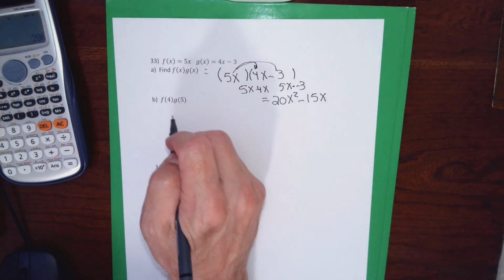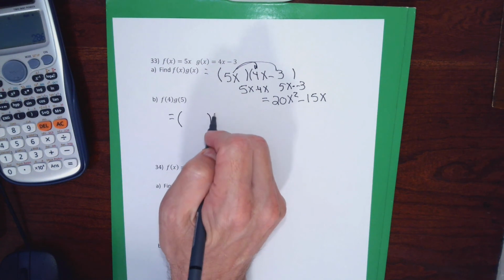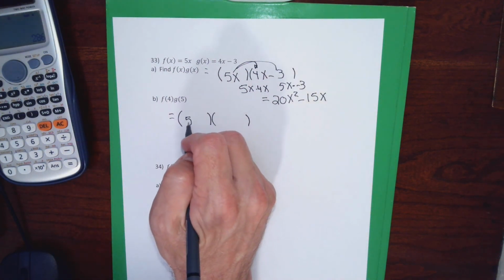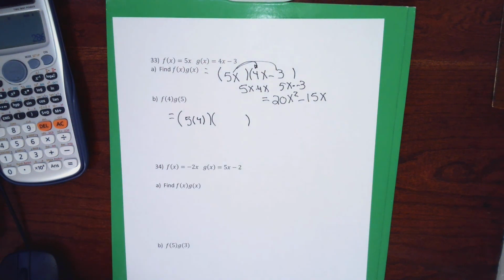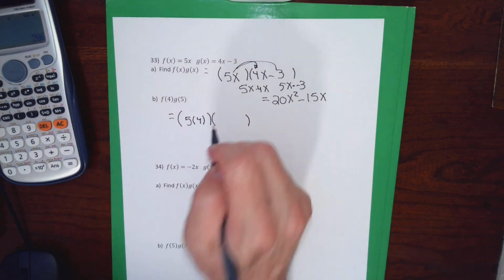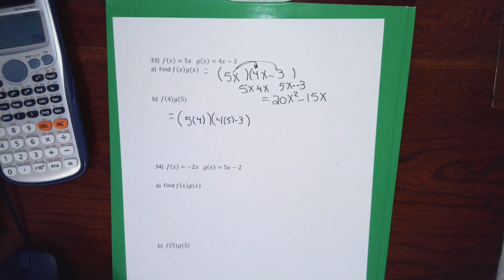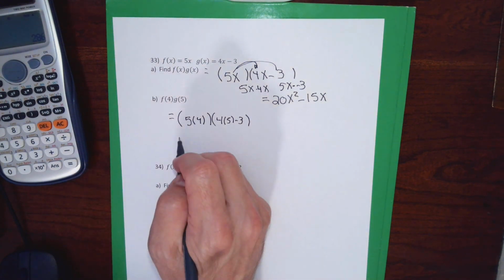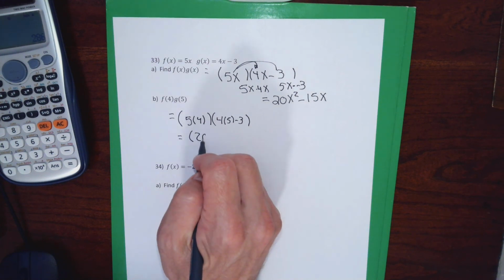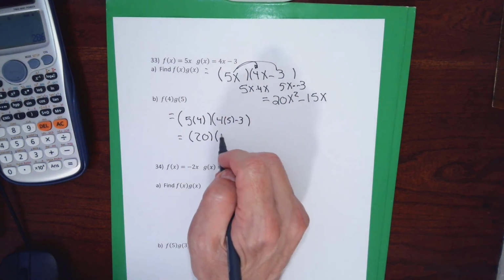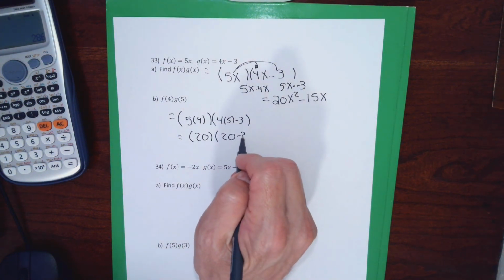For 33b, to do f of 4 times g of 5, I'm going to create two parentheses. And instead of plugging 5x into the first parentheses, I'm going to plug 5 times 4. I'm going to change the x to 4. And in the second parentheses, instead of putting 4x minus 3, I'm going to do 4 times 5 minus 3, changing the x to 5. I can simplify the parentheses separately. The first parenthesis simplifies to 20. Orders of operations in the second parentheses, I do the 4 times 5 first,